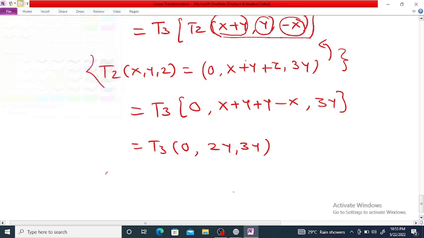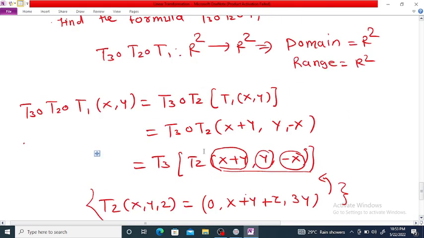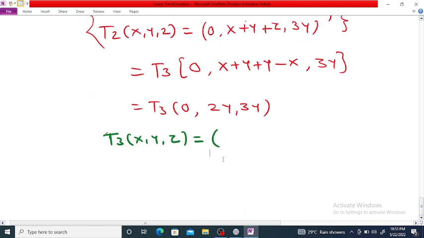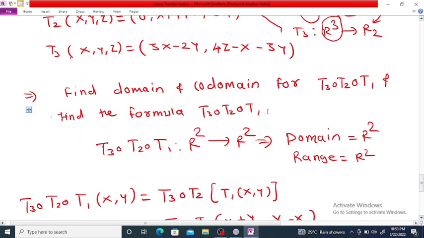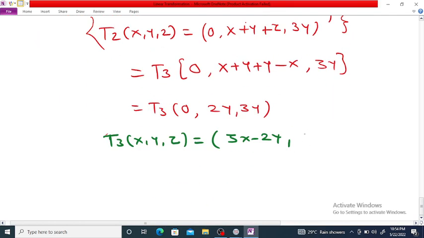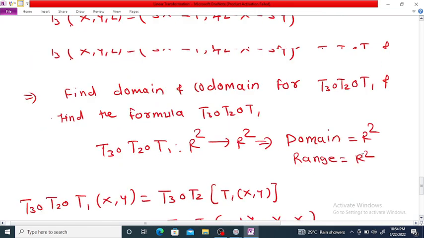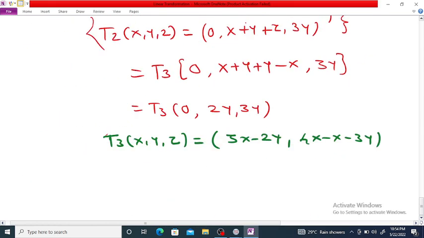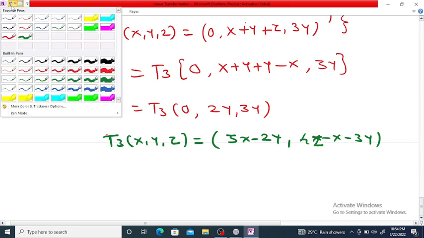So what is T3? T3 of x y z is equal to, the formula is thrice x minus twice y, and 4z minus x minus thrice y. Checking once again: 4z minus x minus thrice y, here not x, it is z. So if you use this transformation,